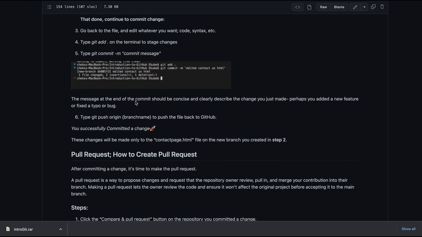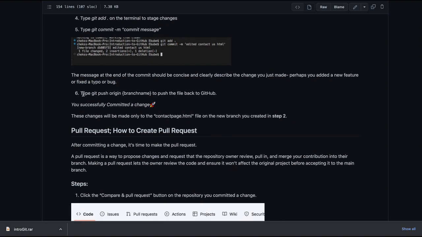The message at the end of the commit should be concise and clearly describe the change you just made. Perhaps you added a new feature or fixed a typo. So if you specify what they want to do here, I don't think you have this statement here, because right now you don't know what they made changes for.